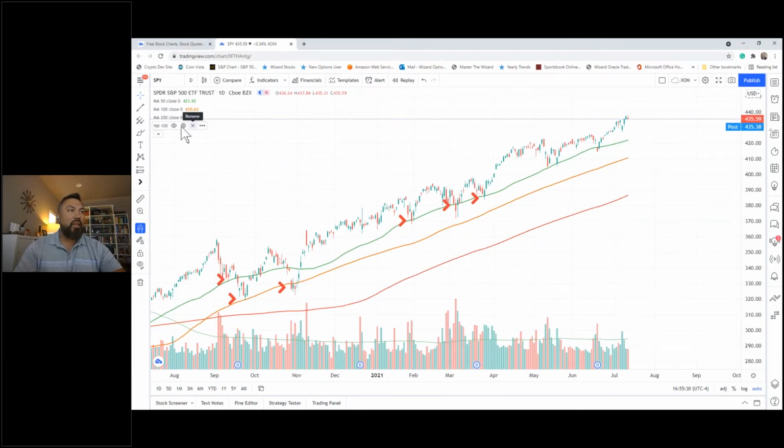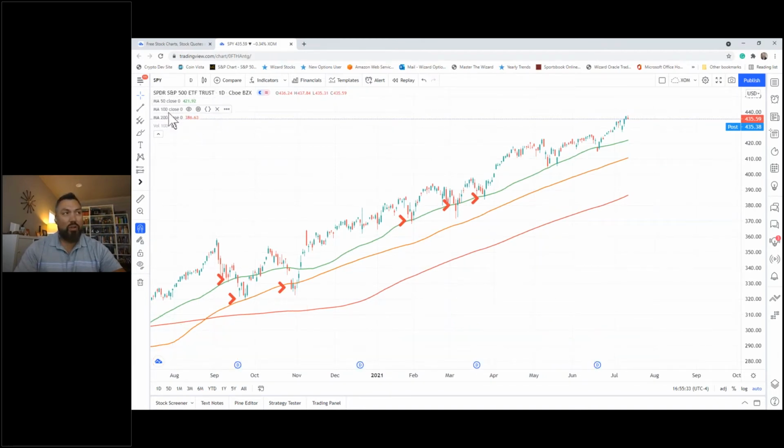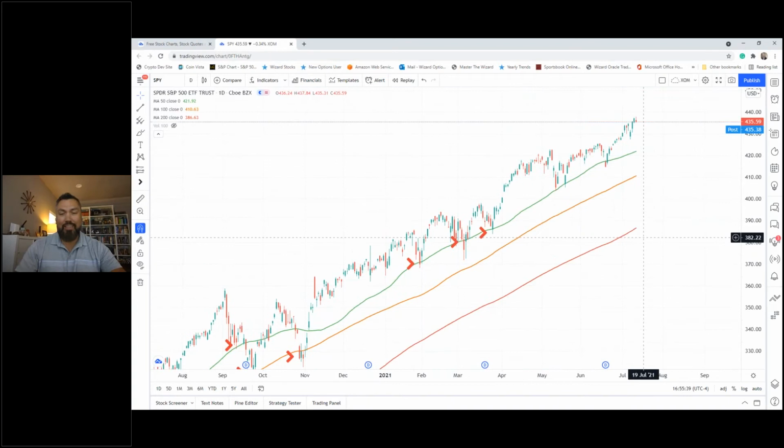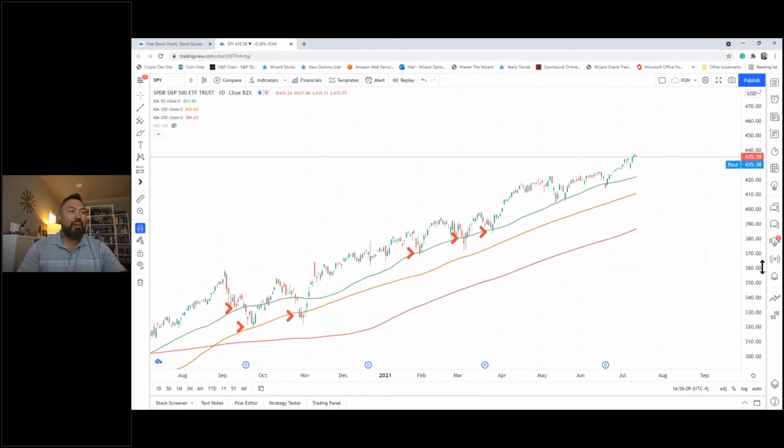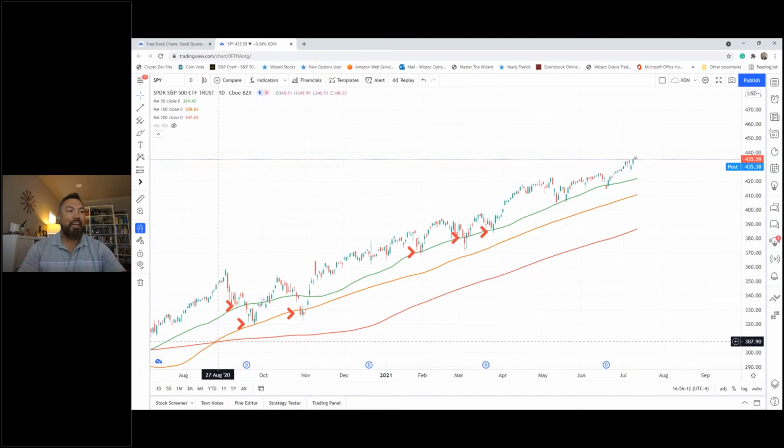This is what a 50, 100, 200 looks like. Institutional traders use this type of setup. Who else? Talking heads on Fox Business, Bloomberg, all those other financial sites and financial organizations out there, they run something like this. So they'll say, oh, we're above the 200 moving average. We're bullish. 200 days, that's almost an entire year. You and I are not looking at years and years and years before we make a trade, right? We're not holding positions for decades. So even when you look at something this big, how long have we been bullish on the SPY on the 200?